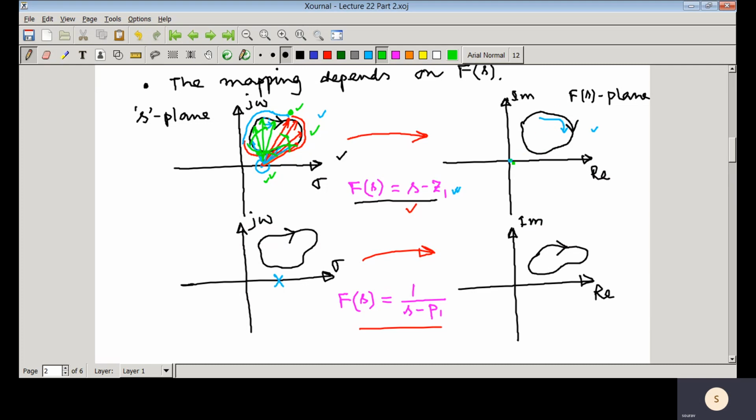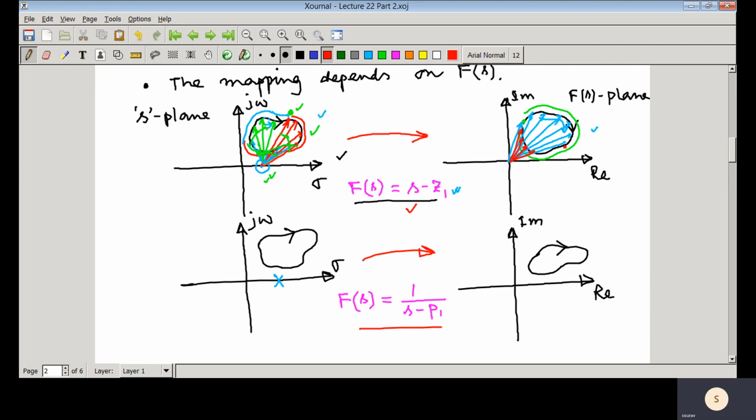The same thing happens here. Suppose you are here and you start traversing this particular loop, this contour. Your phasor vector is like that, then you start traversing like that. Suppose it is going in the clockwise direction, so the angle is contributing in the clockwise direction. If we take the clockwise direction, the angle contribution is negative. Then just after this point, again the angle is going in the negative direction.